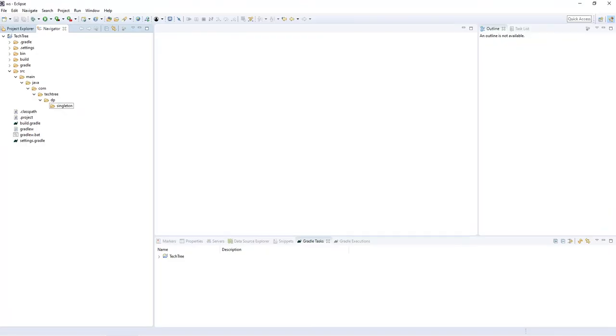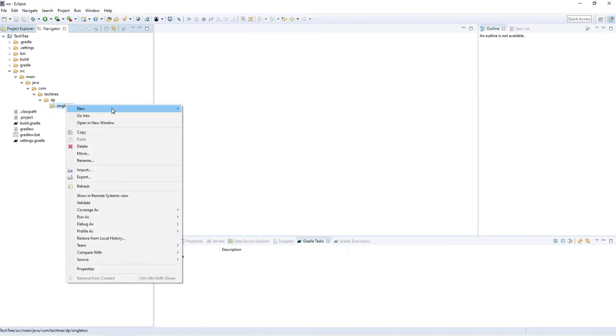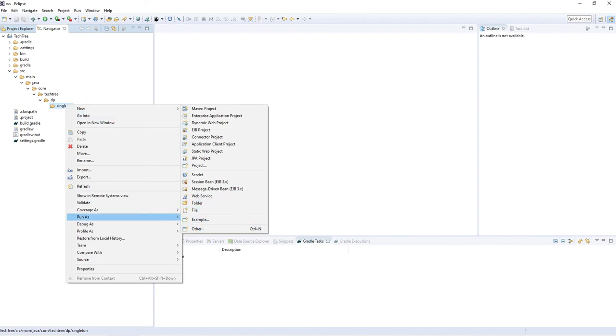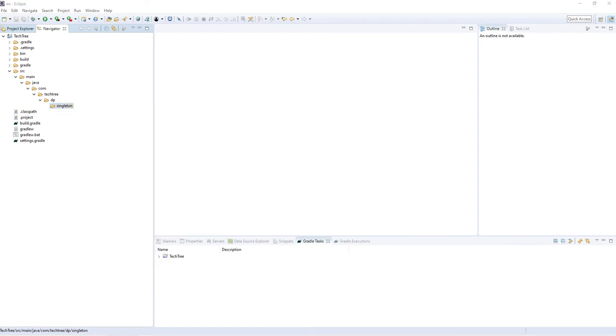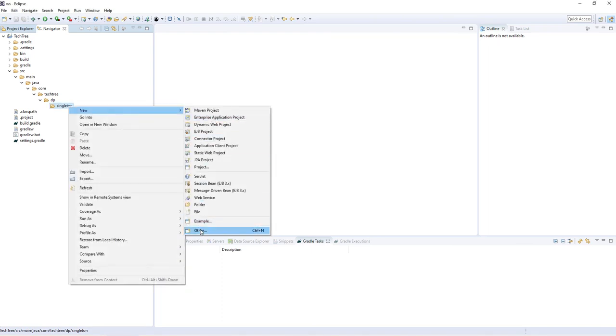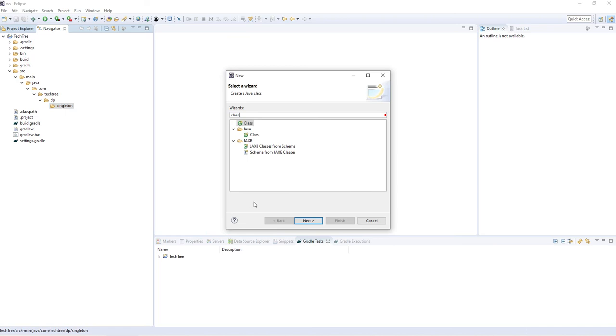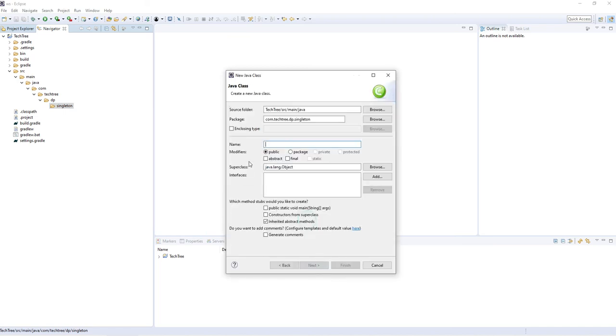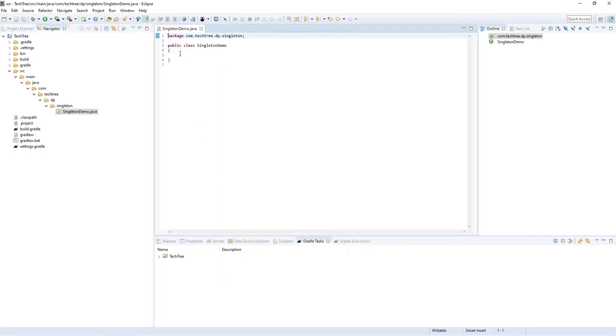So I'll open Eclipse and then create a simple singleton class over here. Let's create a class called SingletonDemo, and I'll create an instance here.